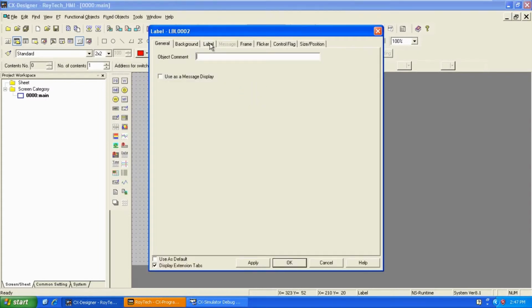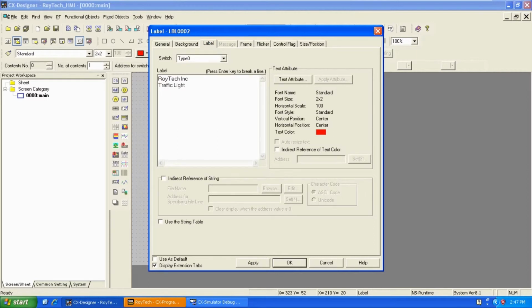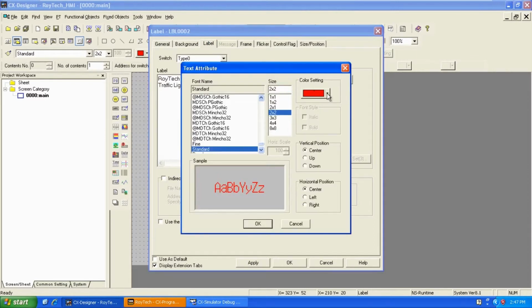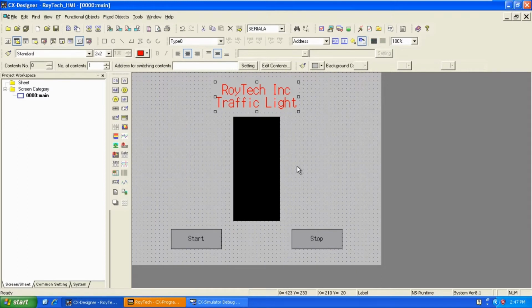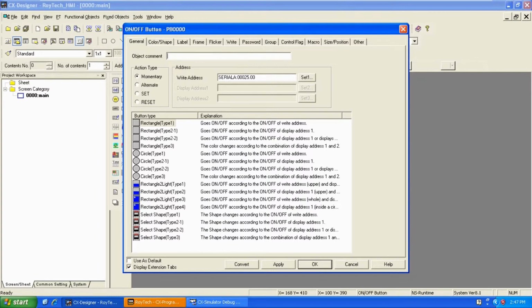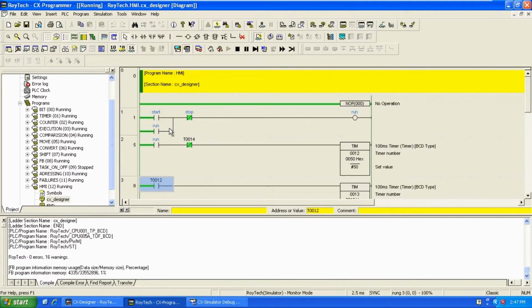So you are going to see that the label says RoyTech Inc. traffic light, text attribute, the color is red, the vertical position is center, the horizontal position is center, the font name is standard, and well, all these kind of things, right? And well, basically also you are going to see that if I go to the option in here and write address, you are going to see that the address is 25.00, and if I go to the PLC that is supposed to be in here, the address is 25.00, right? Same thing with this one in here,